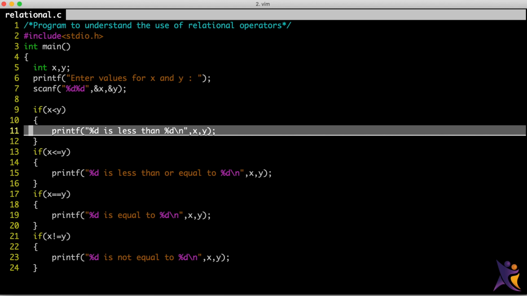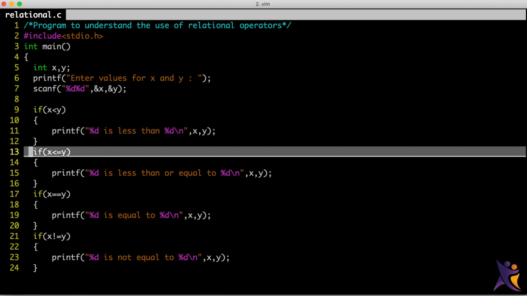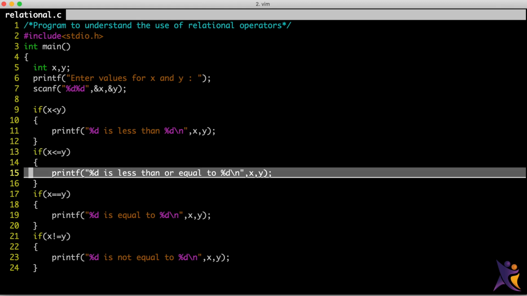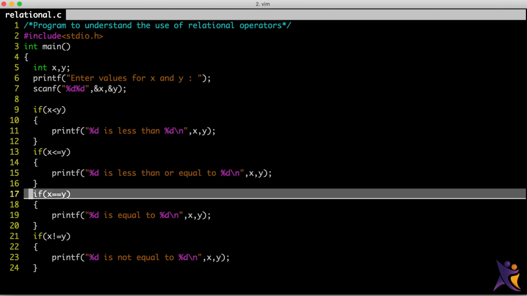So here if x is less than y, the compiler prints the statement which is in line 11, right? And then it goes to line 13 and checks whether x is less than or equal to y, right? If x is less than or equal to y, it prints the statement in line 15, and if x is not less than or equal to y, it just skips line 15 and goes to line 17, right? So in line 17 we have a condition to check whether the value of x is equal to the value of y,